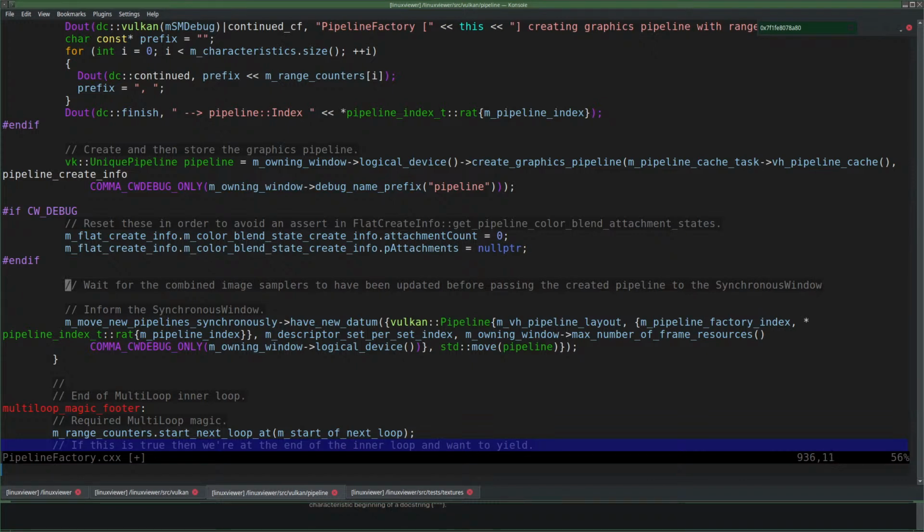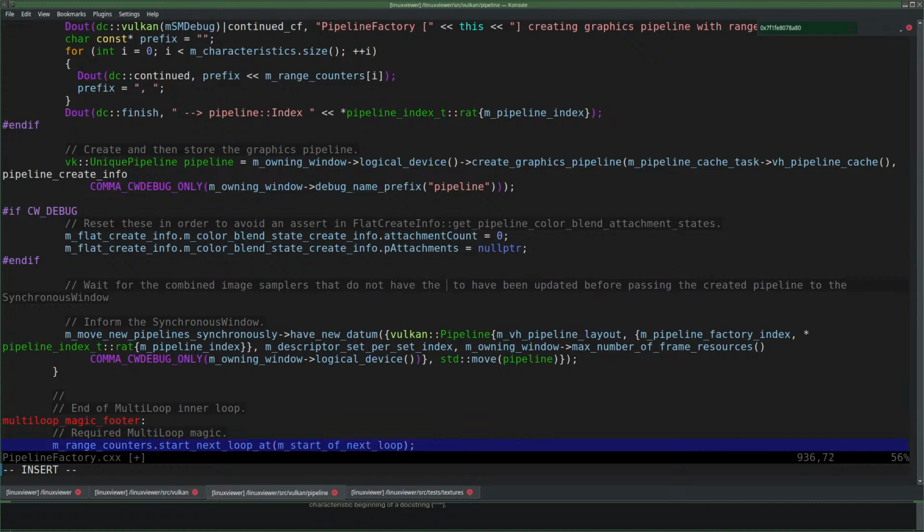Okay, let's make it more complex. Wait for combined image samplers that do not have the bit set, to have an updated one before passing the created pipeline to the synchronous window, because otherwise it is theoretically possible, because it's not very likely, I couldn't even reproduce it, theoretically possible that the